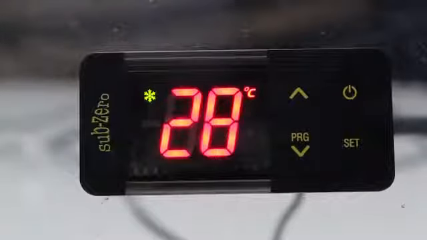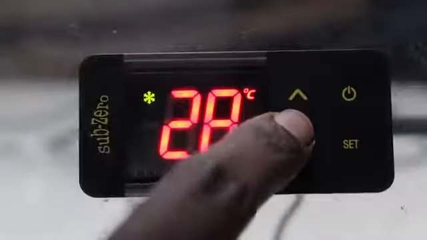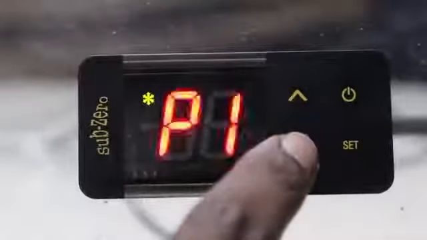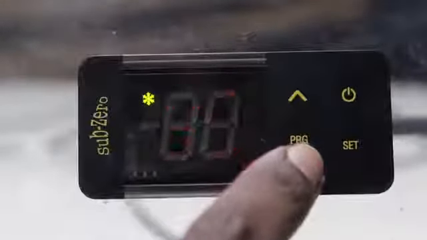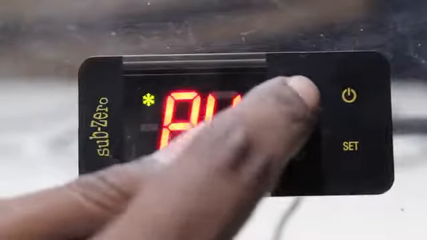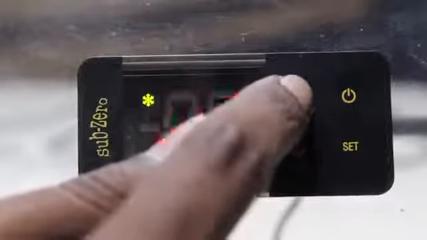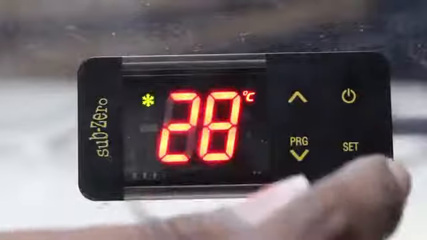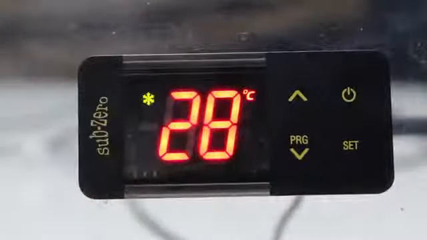Now we are going into the parameter setting. Whenever you press this program key for 3 to 4 seconds, you get the internal parameters P1, P2, P3, P4, P5, P6 till end programming. Whenever you press end programming, you get the first screen, that is your live temperature.